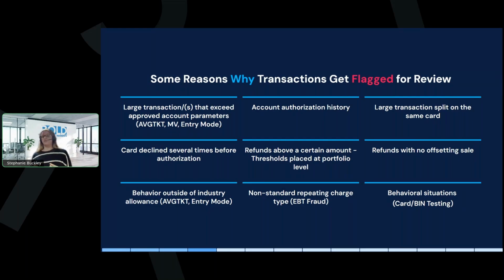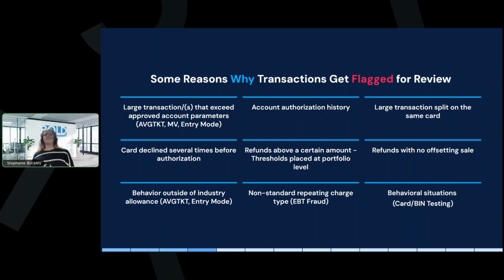It more so has to do with the monthly volume and the average ticket and even the history of the account and what was approved and what has been going on. So if you were only approved for $40,000 monthly volume and you process a $12,000 and a $10,000 transaction in one day, well, you've just taken up more than half of your allotted monthly volume. So unless you're planning on not processing anymore for the rest of the month, that doesn't make sense. And they don't understand that math because it's not what we agreed upon.